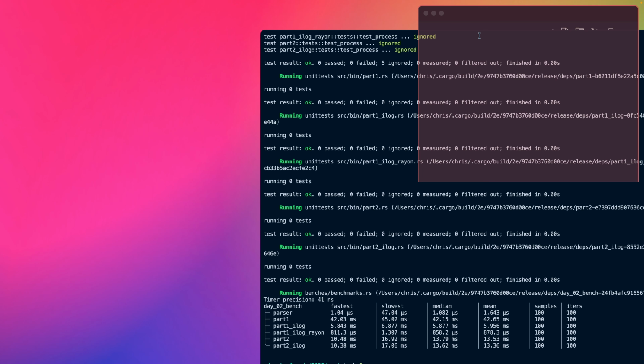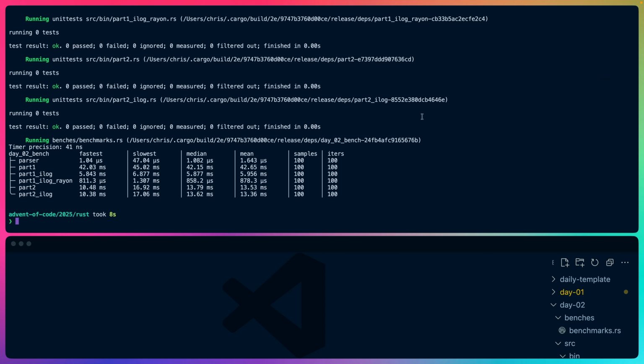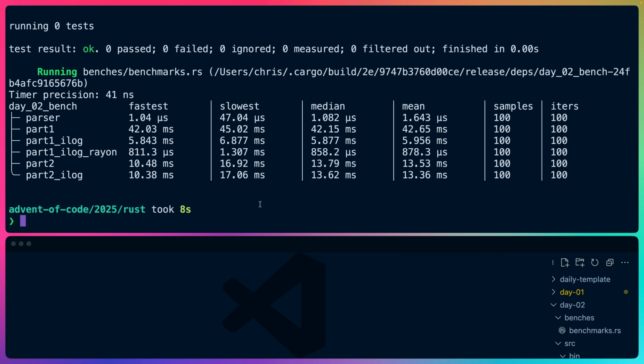One thing that's probably worth noting before we begin with day 3 is that I did continue to do a couple more implementations, specifically the non-toString or non-allocating solution. So for part 1, we used strings and string slices, which allocates a string for every ID. I then swapped that to use an ilog-based approach with div and mod, and then I put Rayon on top of that. Overall, this is still slower than other people's solutions that I've seen, so we're still running in about